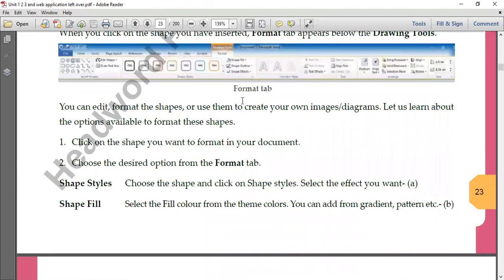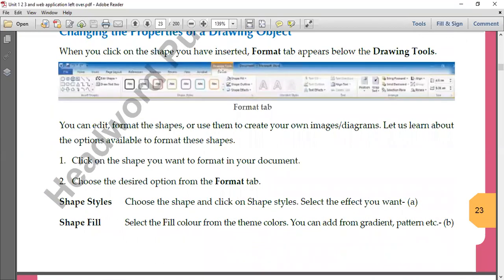Again, we have formatting features related to shapes in the Format tab. The same feature, Shape Styles, you will find. Styles are ready-made styles where background color or border colors are already there. You just have to choose them, or there are options called Shape Fill. Shape Fill will fill the color inside the shape.